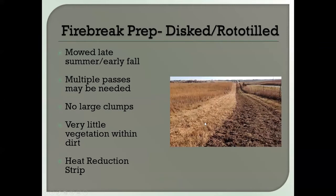The other most common type of fire break, and I recommend this one if you're burning on CRP or previously tilled ground or flatter ground, is a disced or rototilled break. It's so much easier. It just makes a burn go easier. And again, you can start by laying in that or mowing in that late summer, early fall time frame. Multiple passes may be needed, especially if you're using that rototill. You need multiple passes to break up those really large clones and incorporate that vegetation,